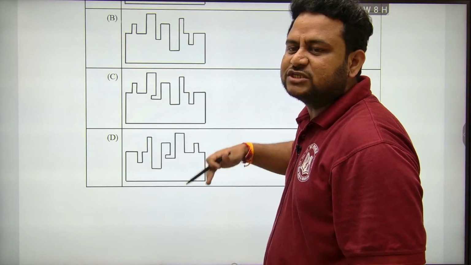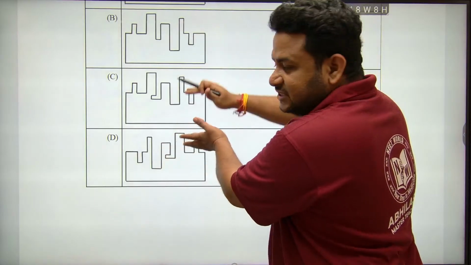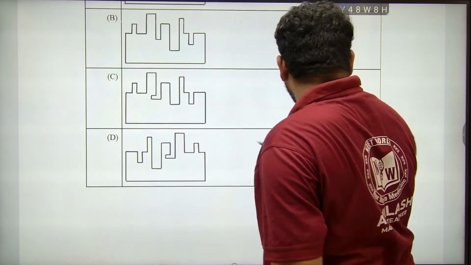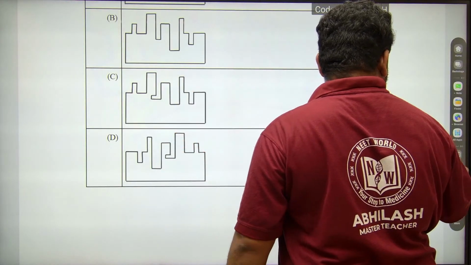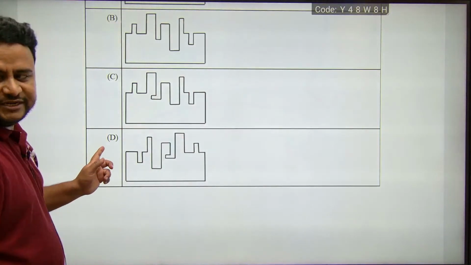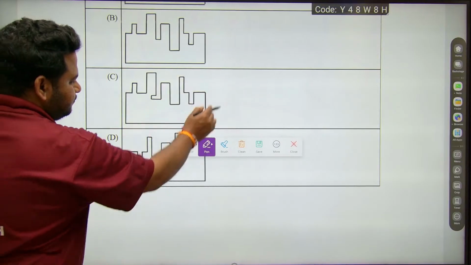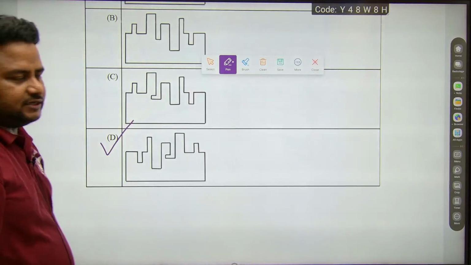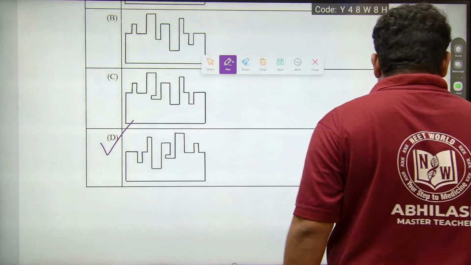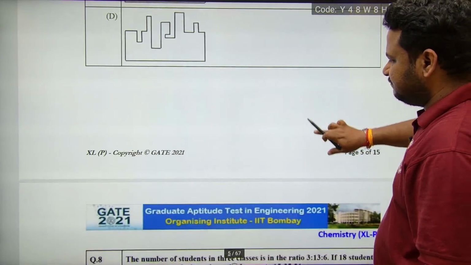So this is based on spatial aptitude, where you have to complete the figure and compare. If everything is in one screen, we can do it very easily. Since we are not having it in one screen, we are not able to do it easily. That's it. So we will go with which option? Option D. So this is based on how you observe the pattern. So the answer is option D. Clear? Got it? You have to complete the figure, and they can tilt it in various ways which they want.